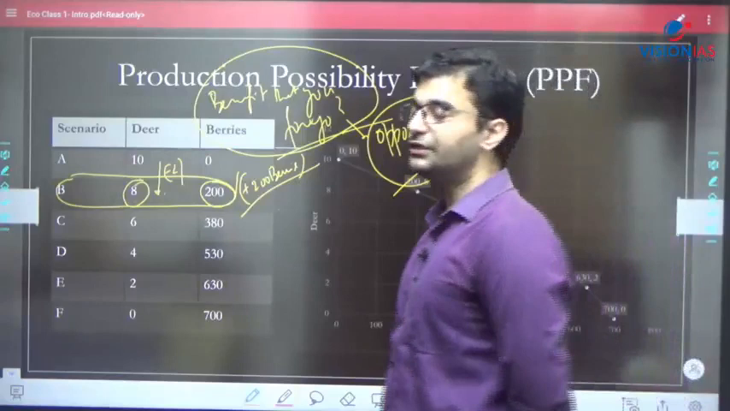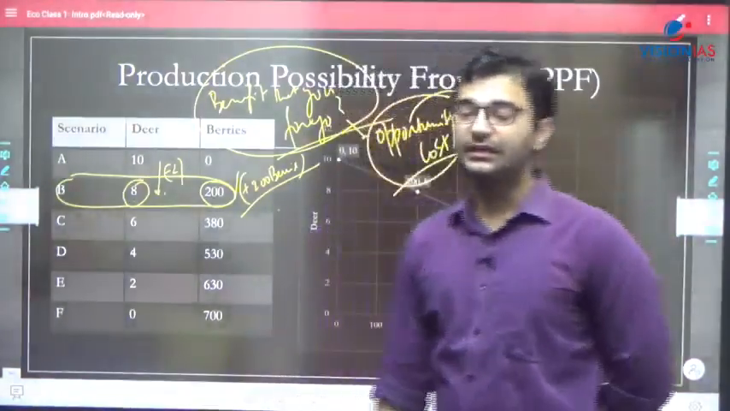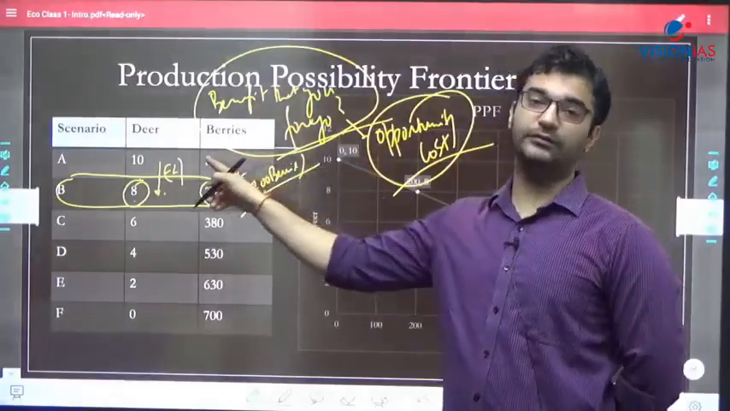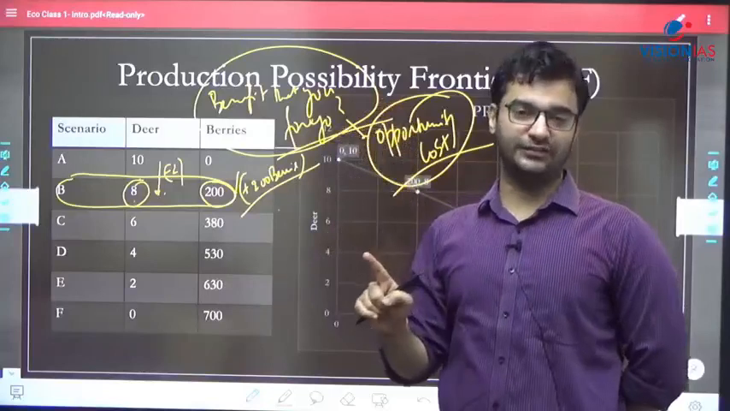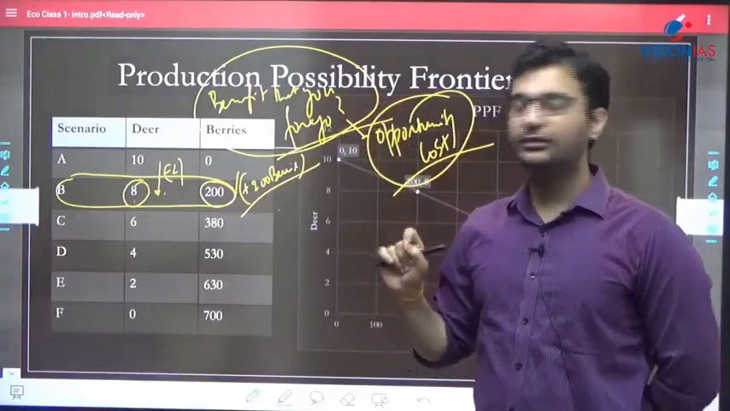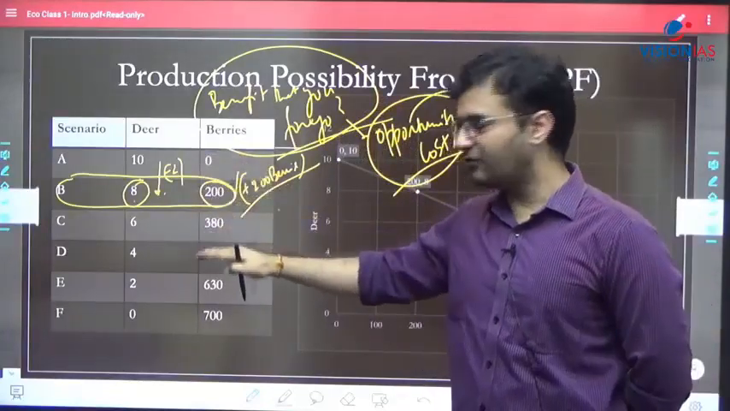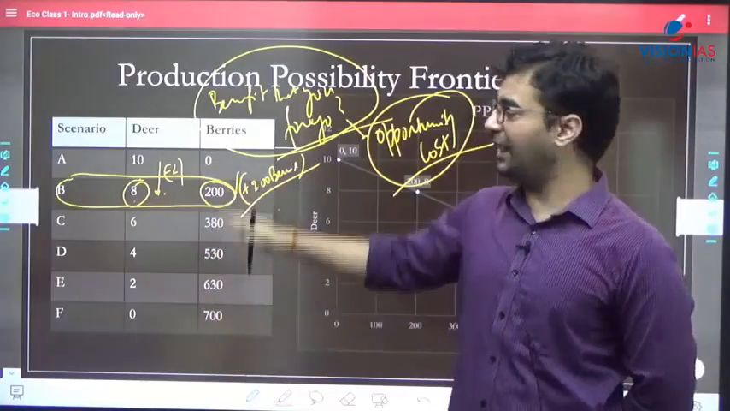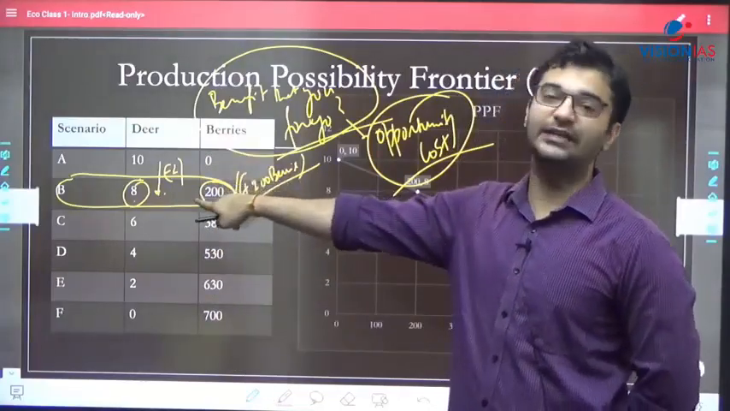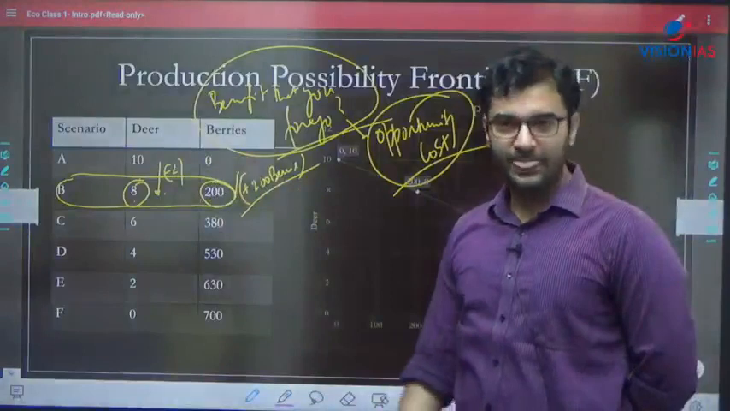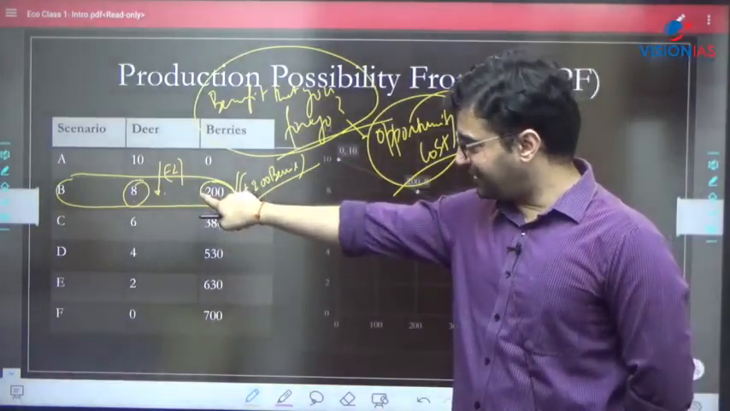What is opportunity cost? Opportunity cost is the benefit foregone when you exercise a choice. You have got various options, various choices that you can make, and amongst them you chose to exercise choice B over any other. This choice B,